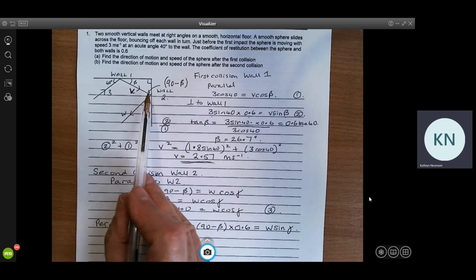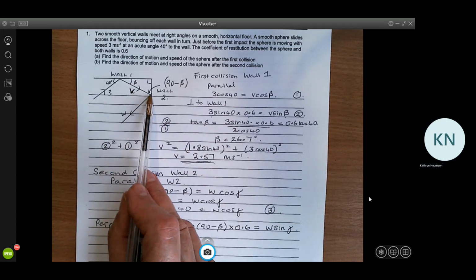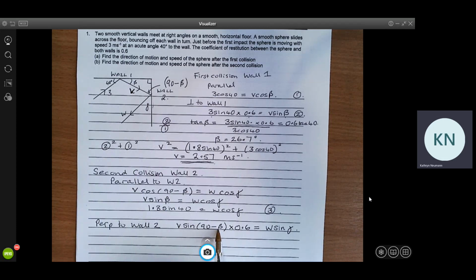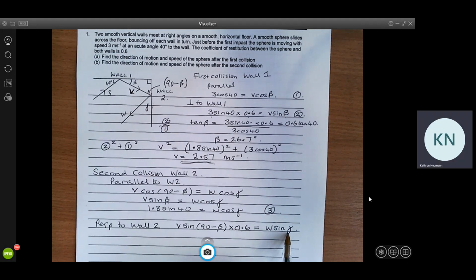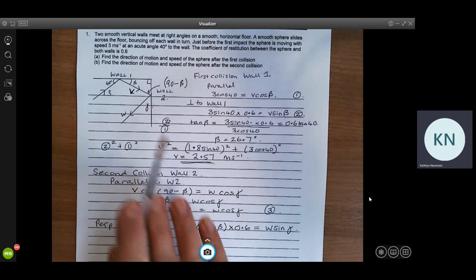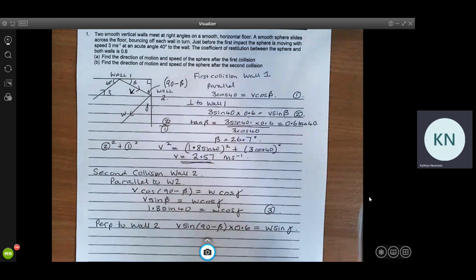Just check we're right with that. So we've got V sine of (90 minus beta) times 0.6 is W sine of gamma. So we've got those, that's perpendicular to the wall. So we're trying to get to the direction and motion after the collision. So let's just tidy this up as much as we can. That's going to give me